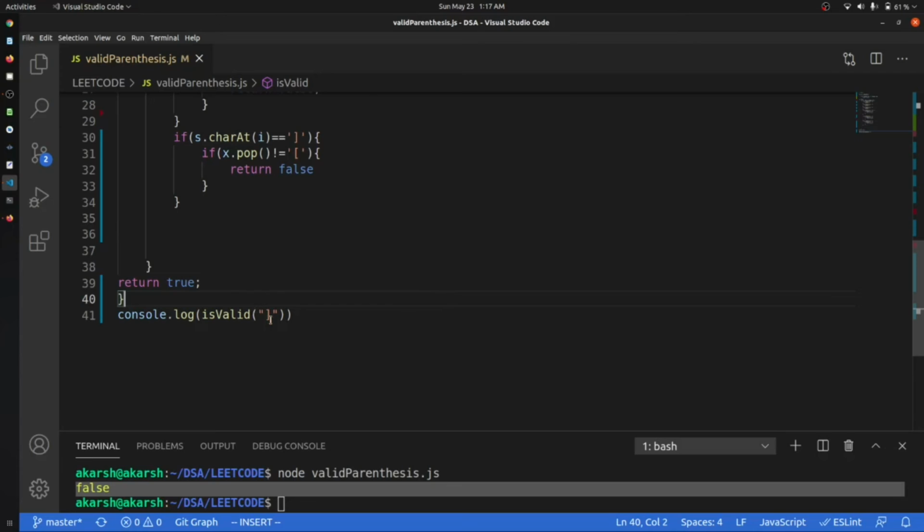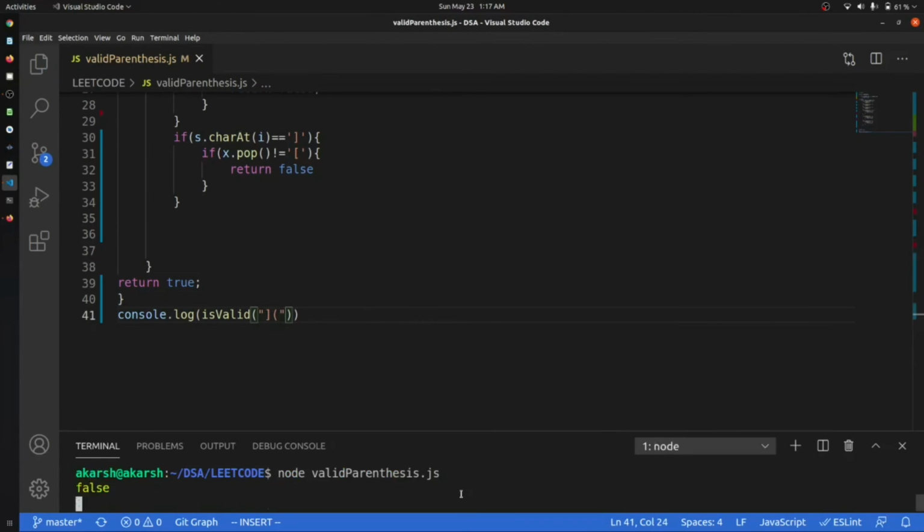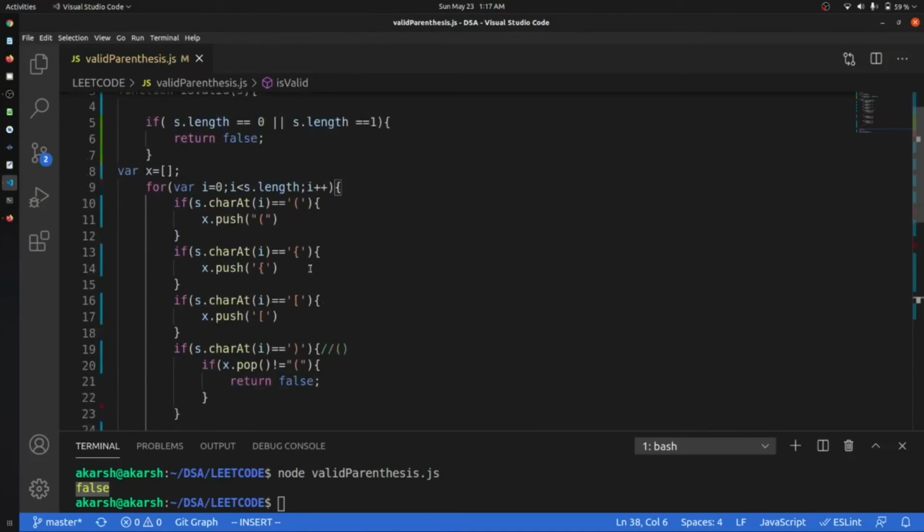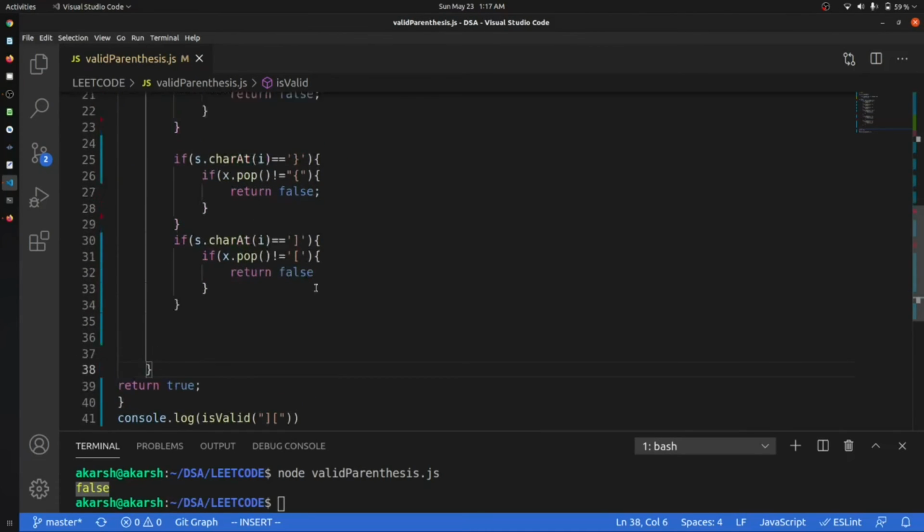Can we do something like this? No, we got a false, because it's not true. Let's save it and check. We again got a false. So I think this is the case.